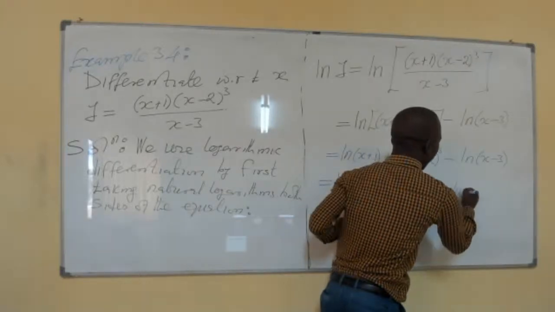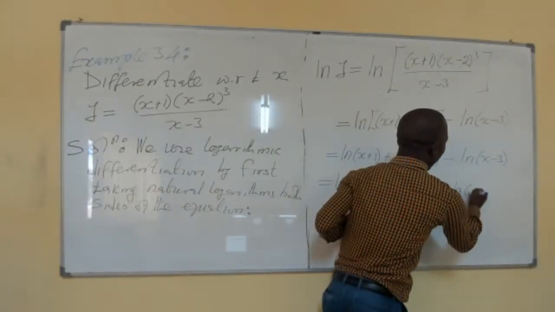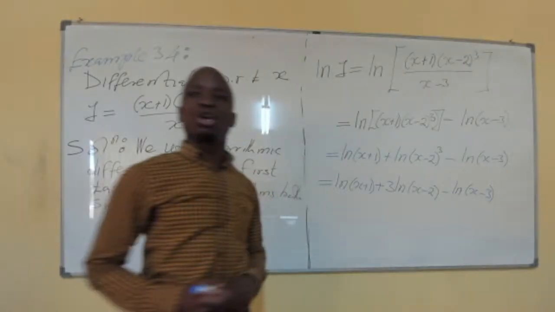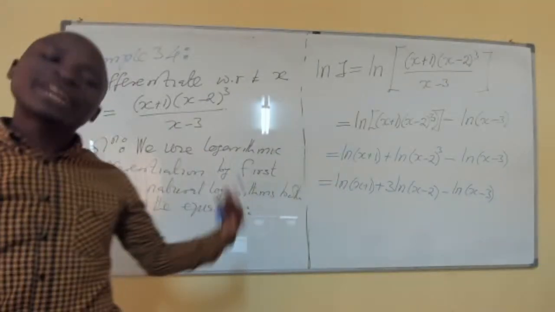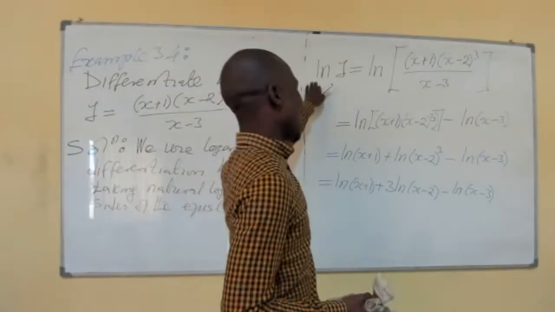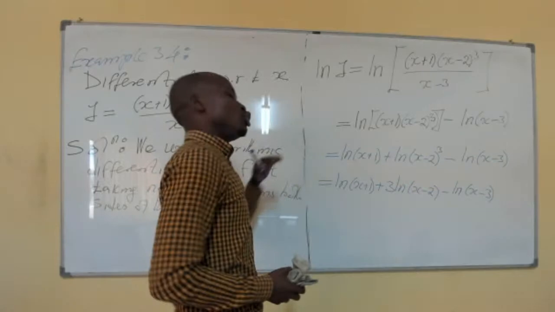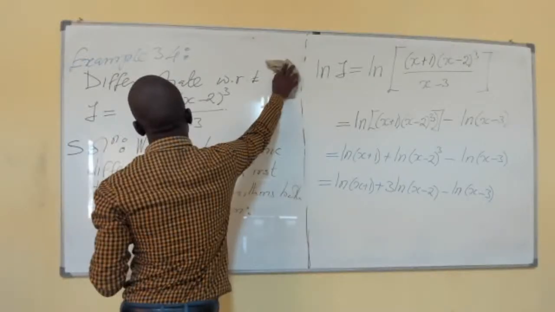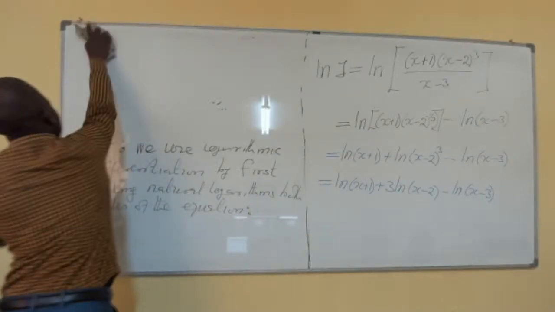minus ln of x minus 3. So this is the only stage that you need to handle, after which you differentiate using logarithmic functions. Moreover, on the right hand side, you do it implicitly. Okay, now I'm writing this part. Then,